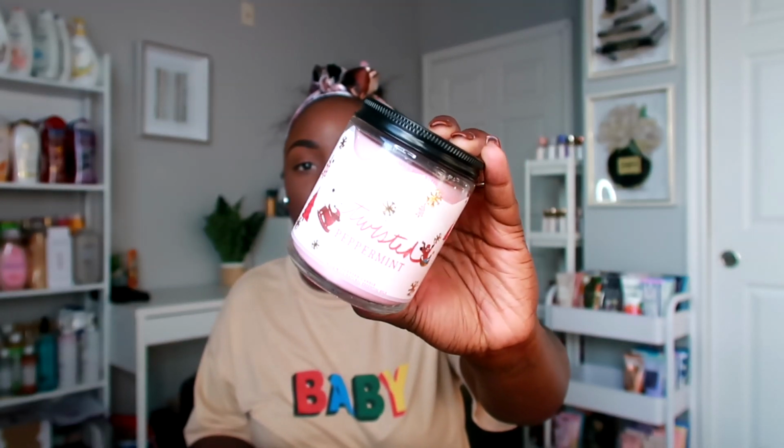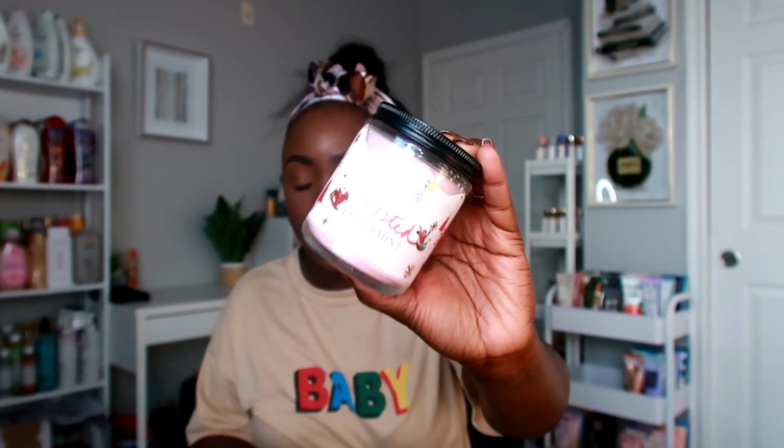All right, y'all, the next candle I have here is Twisted Peppermint. This one is really, really nice. You definitely get that peppermint. It smells like a sweet candy cane, and it's just nice and minty. I love it. This one has notes of cool peppermint, sugar snow, vanilla buttercream, fresh balsam, and a hint